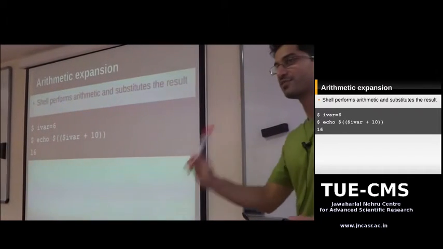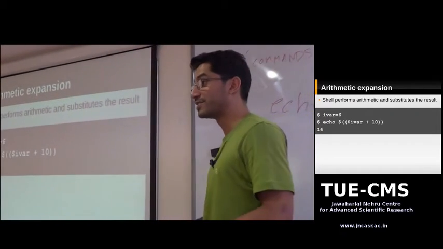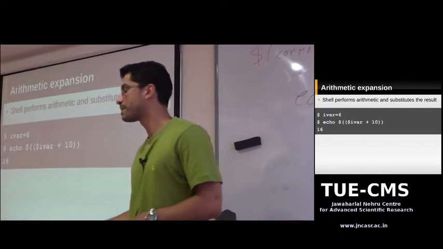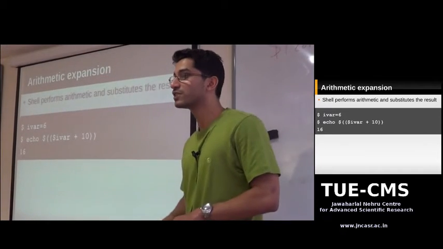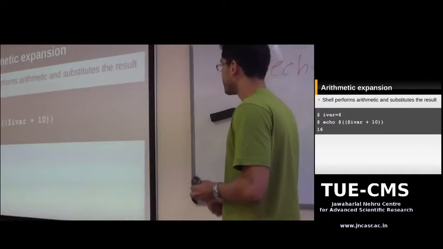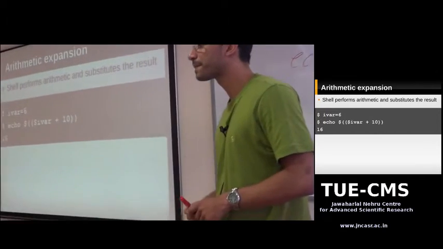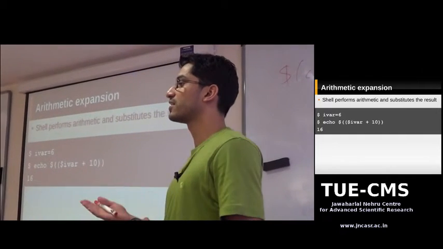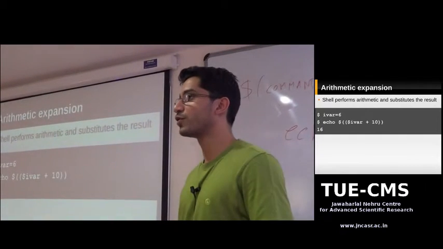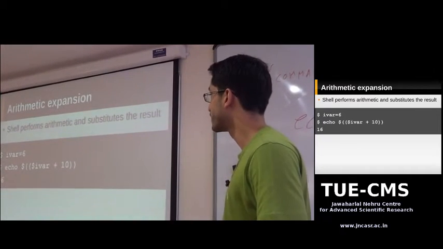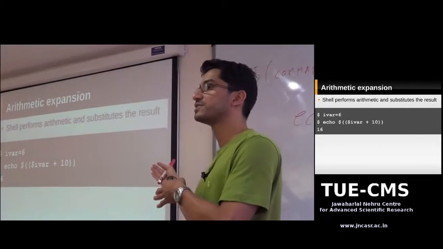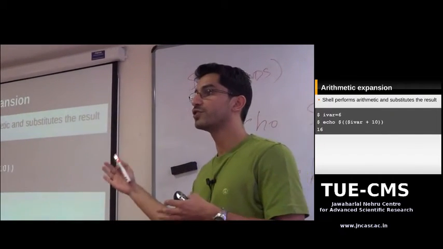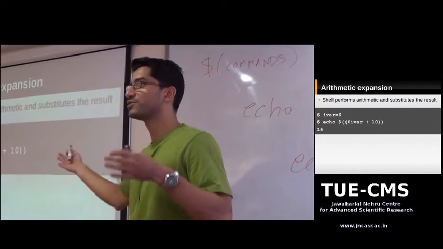Now remember, the shell doesn't support floating point arithmetic. So don't try to do your scientific stuff; you have to use an external program for that. It works only for integers. So you'll have to use an external command like BC, which supports floating point arithmetic. And you'll have to pipe your expression. Suppose you had an expression 2.5 plus 3.6. You would pipe that expression into your BC command, and then use command substitution to get the output.